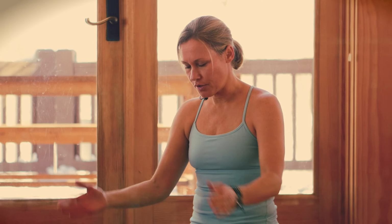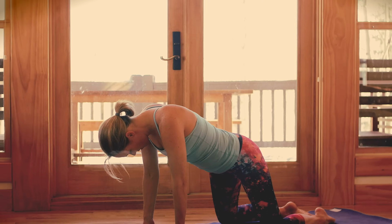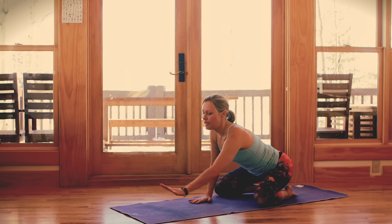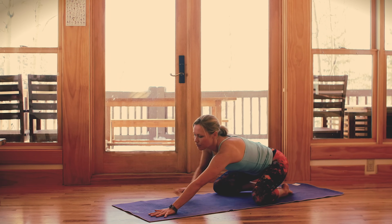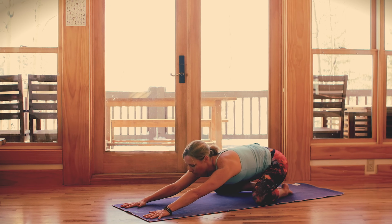Let's get started today in child's pose to stretch out the hips and the low back. So bring your knees wide on your mat, bring your toes to touch, and bring your hips to your heels. Walk your hands forward, nice, long, extended, straight arms. Spread your fingers wide, press into the palms of your hands, and then release your forehead to the mat for